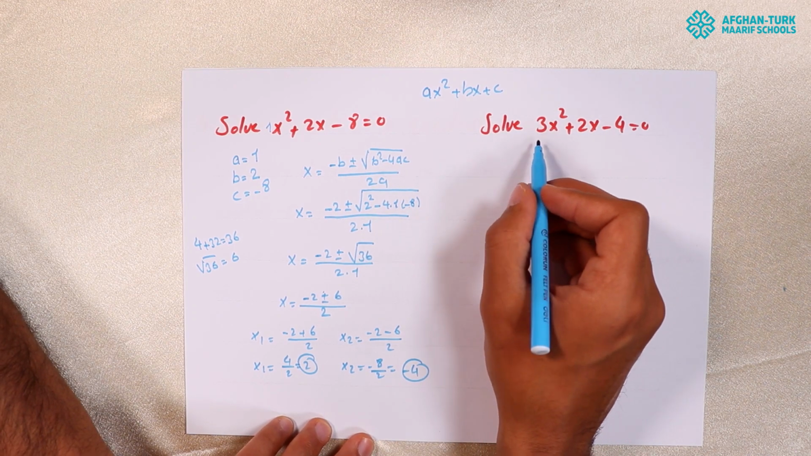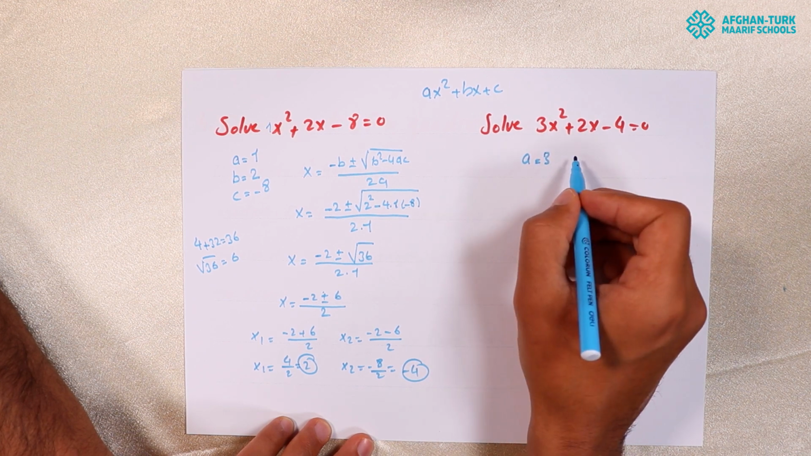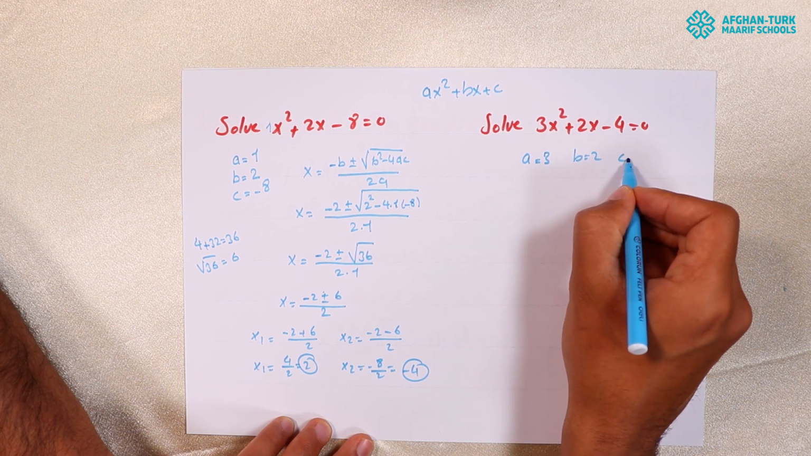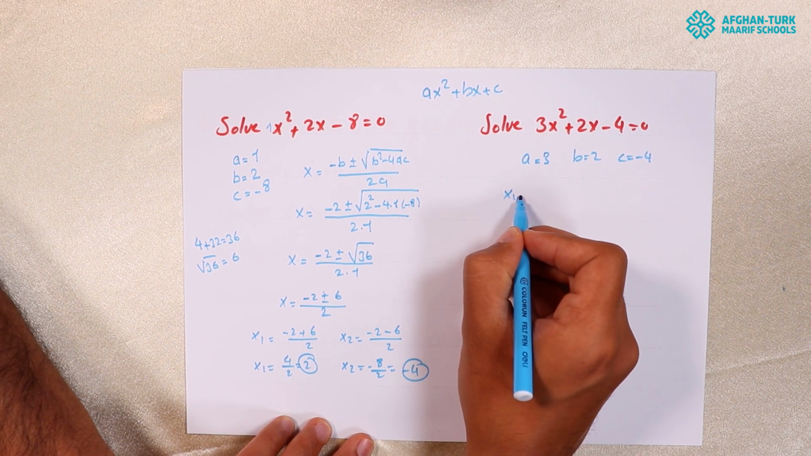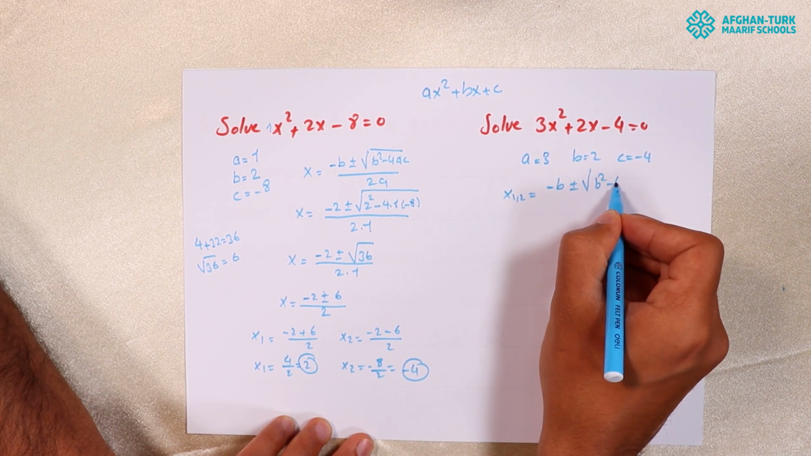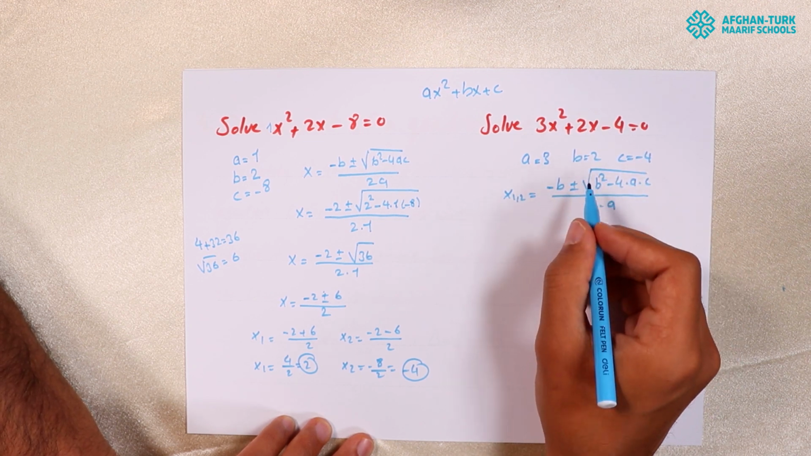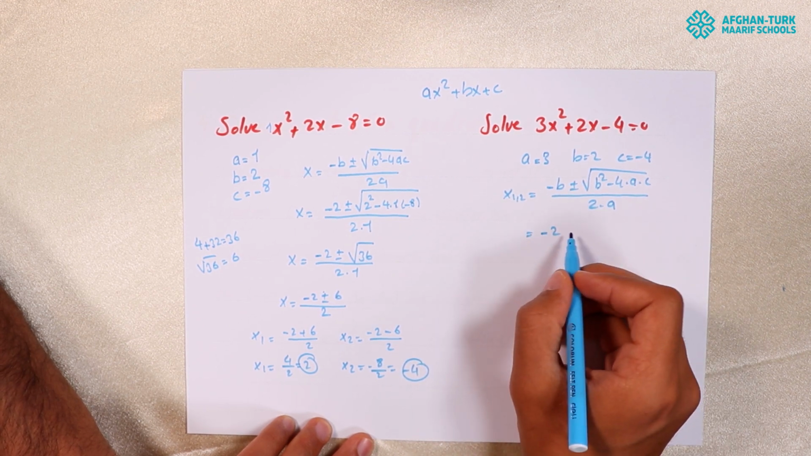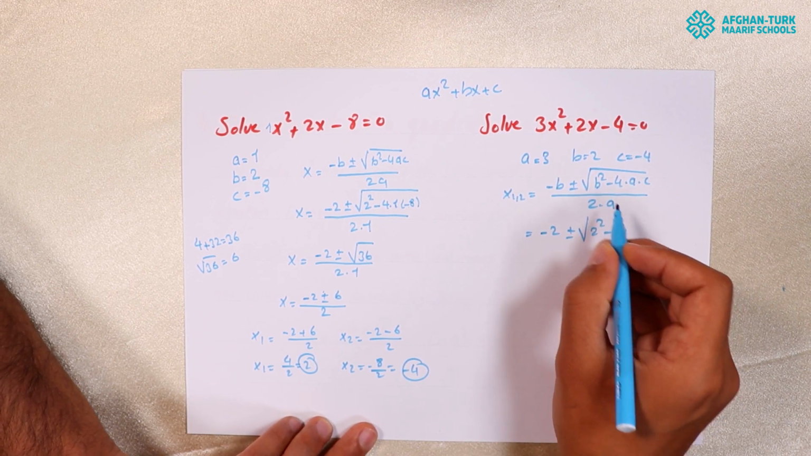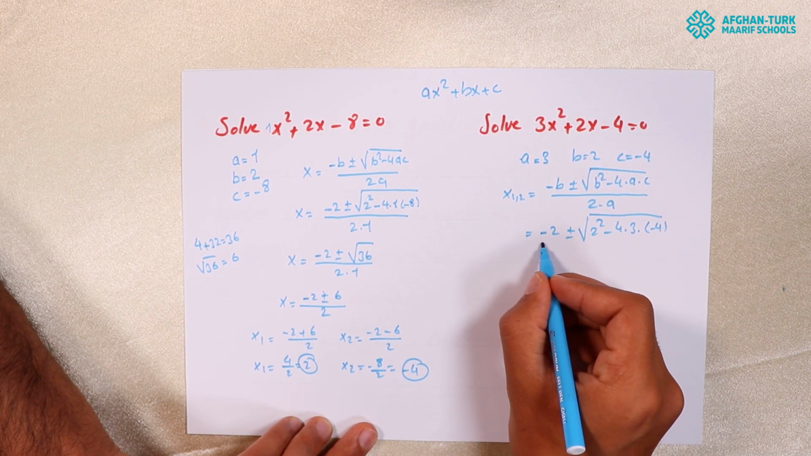Look at the second example. Also, we have to find a, b, and c. A is the coefficient of x squared, 3. 2 is the coefficient of x, so that's b. And c is minus 4. So, x1 and x2 will be equal to minus b plus or minus the square root of b squared minus 4 times a times c, over 2 times a. What's b? 2. It means minus 2 plus and minus 2 squared minus 4 times what's a? 3. What is c? Minus 4. Over